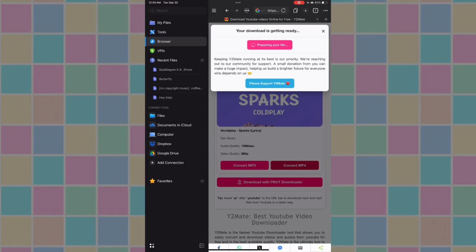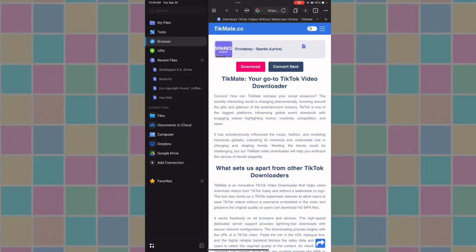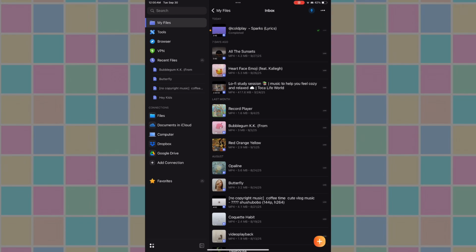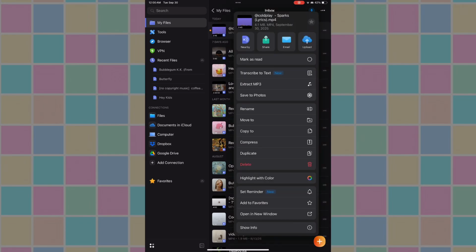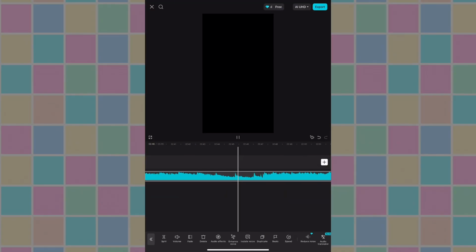I convert it to an MP4, and then I go to download, which takes you to this other downloader website. Anyway, I've been using this for a while. I haven't gotten any bugs, so I'd recommend it. But anyway, you just click the download, it saves to your device, and then you wait for those three dots to let you do it, and then you just save to photos, and then you use the extract tool on CapCut,